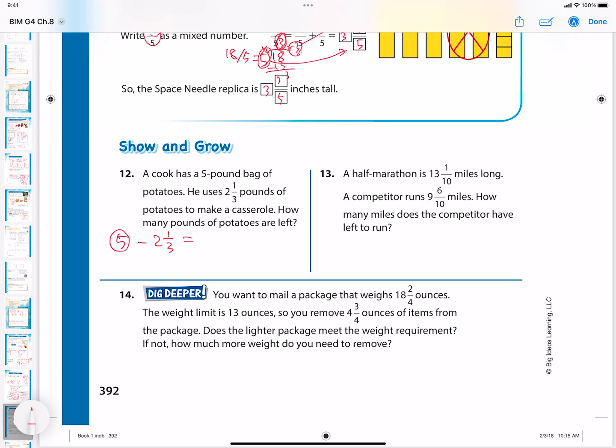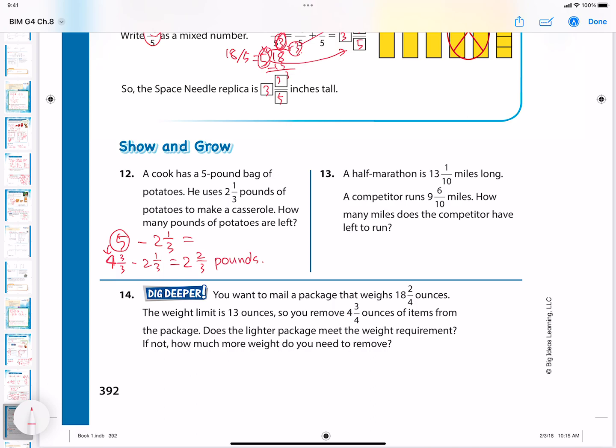So now I'm going to convert this into pizza, as you know for fractions. I'm going to leave 4 whole pies, and then take 1 pie from 5 and convert that into 3/3, which means 1 whole pie. That's the same as 5, right? And take away 2 1/3. 3/3 take away 1/3 is 2/3. And 4 take away 2 is 2. So the answer is 2 2/3 pounds